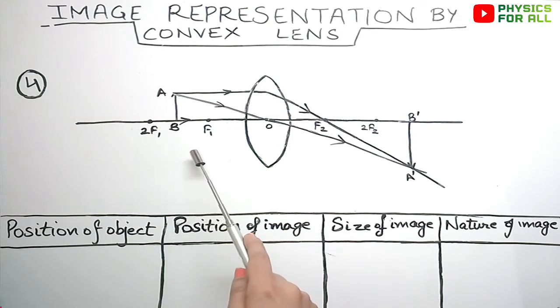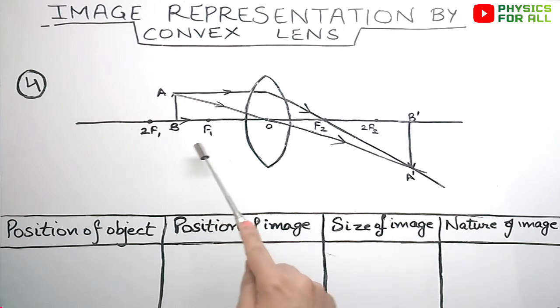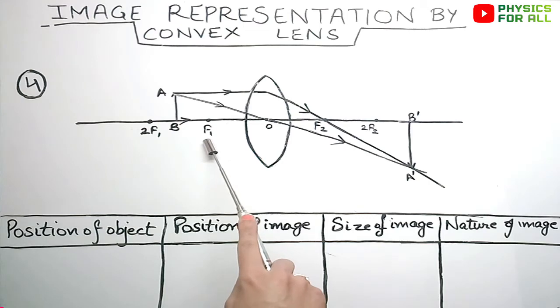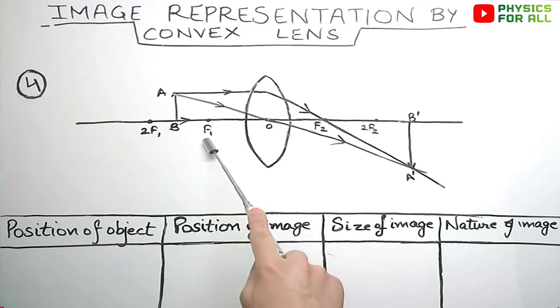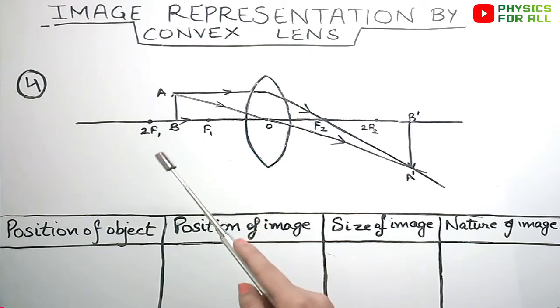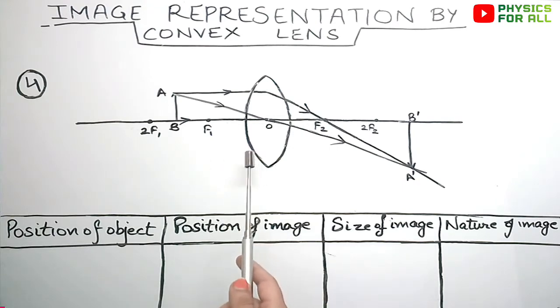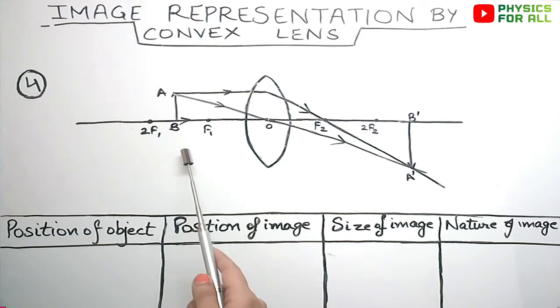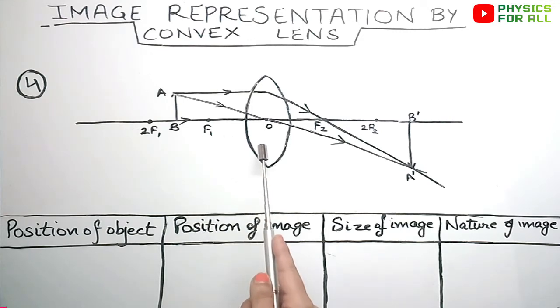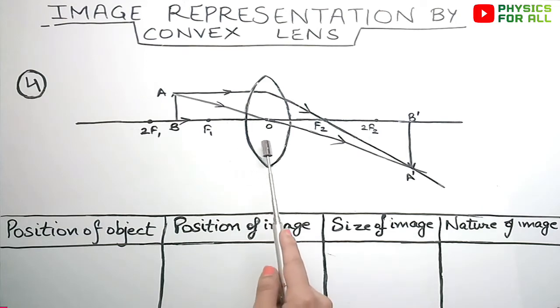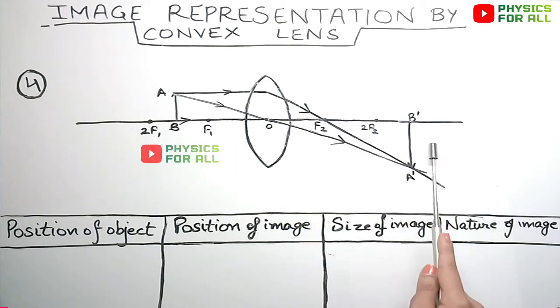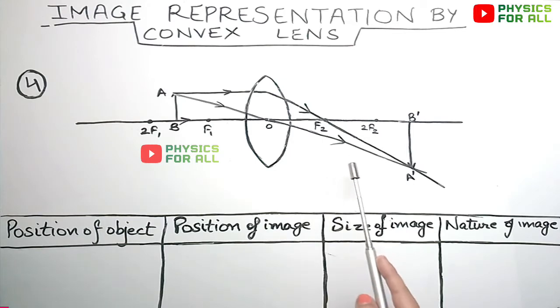So if you remember, in case of concave mirror, when the object is placed between center of curvature and focus, then image is formed beyond focus. Since that was mirror and mirror offers us reflection, so the normal case is when image is formed to the left side of the mirror. But here we are dealing with lens, and lens offers refraction, so the normal case would be when image forms to the right side of the lens. But the rest of the thing remains the same.